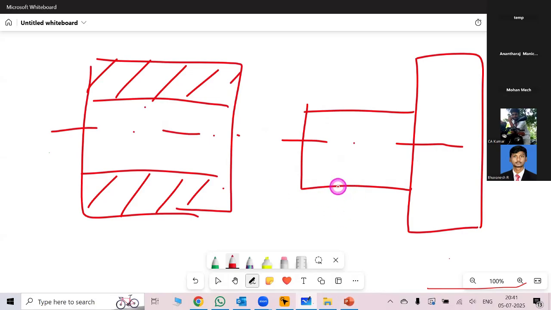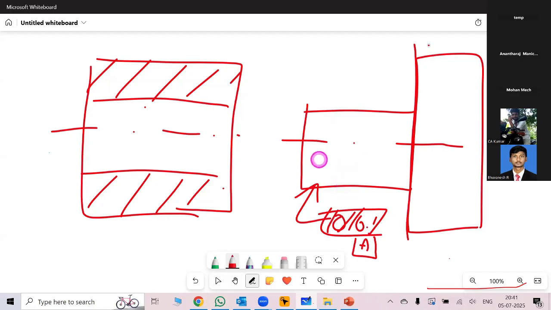If it is an individual feature, what we can control is only form. So in form, as we already discussed, we have straightness, flatness, circularity, and cylindricity. Out of these four controls, for this particular surface, the more appropriate one is cylindricity. So I control this with cylindricity, and then I take that as a datum. Now this surface, whatever we have here, is maintaining 90 degrees with the axis. So for this surface, I can give perpendicularity.